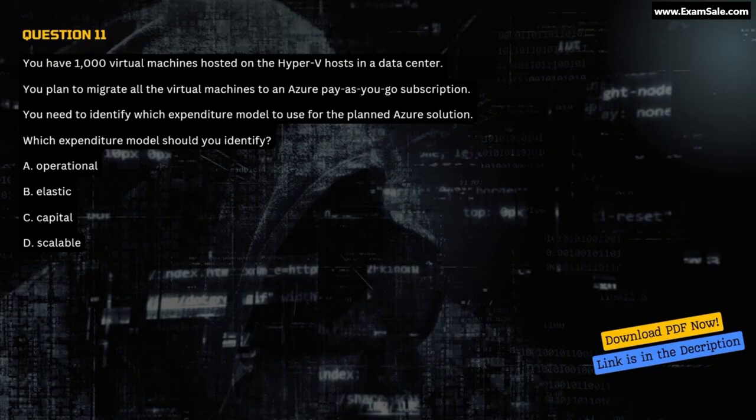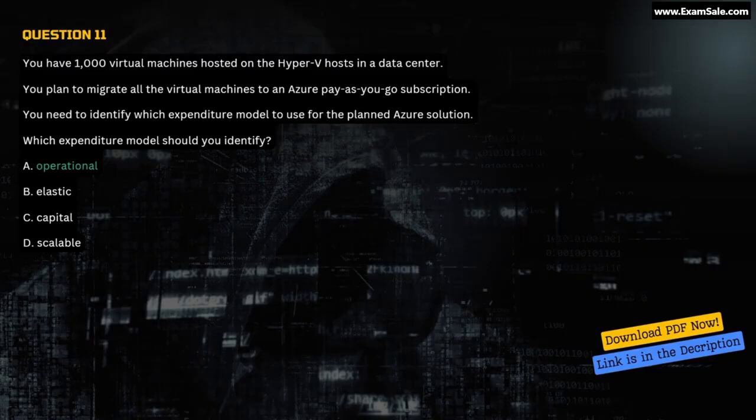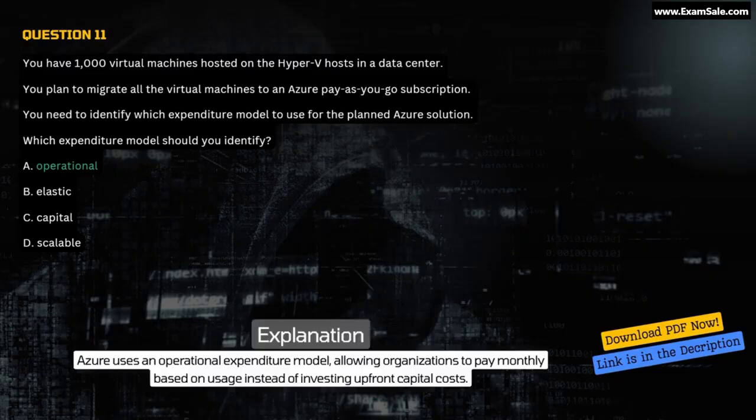A. Operational. B. Elastic. C. Capital. D. Scalable. Correct answer A. Operational. Explanation. Azure uses an operational expenditure model, allowing organizations to pay monthly based on usage instead of investing upfront